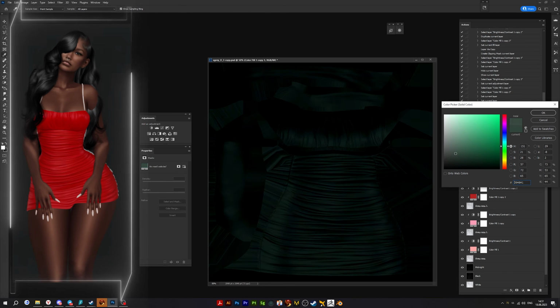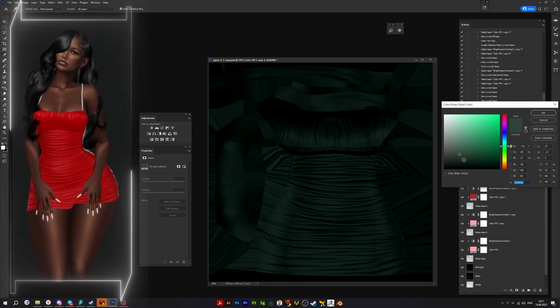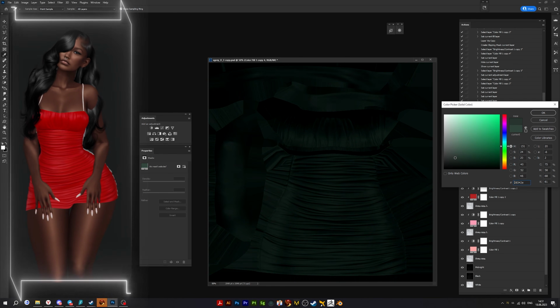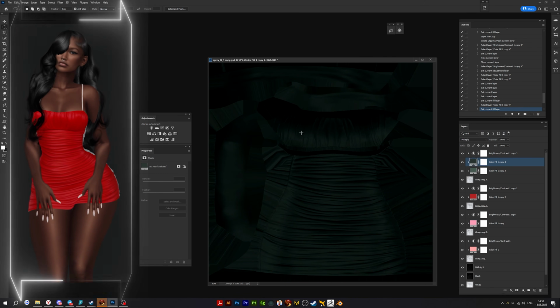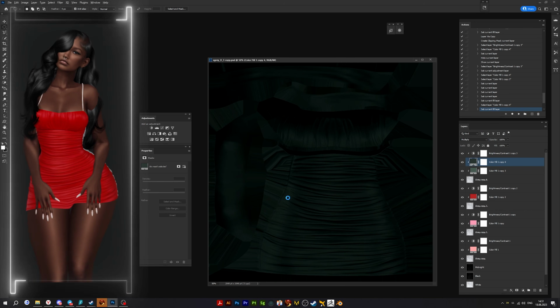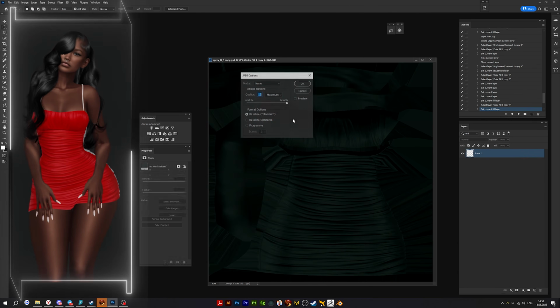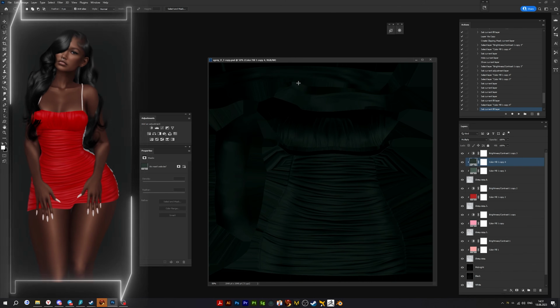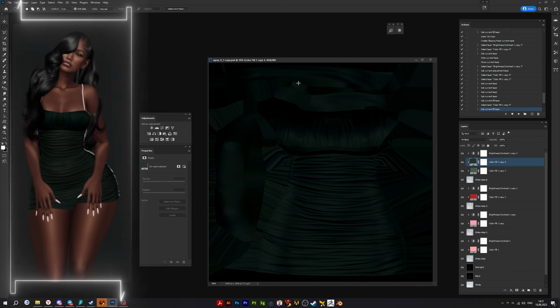Maybe we need to make this brighter. Like this, yeah? And this one darker. So something like this, and this will be our dark emerald color. Let's see how it looks. Looks pretty fine to me.